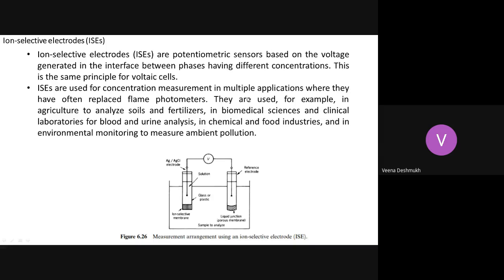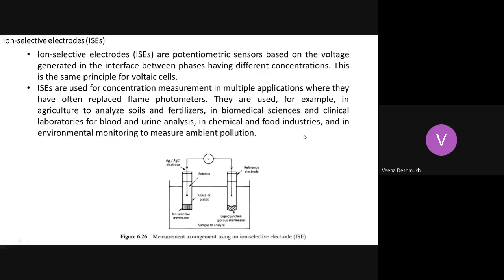Where all do you find applications? Just see chemical and food industries. Say, simply your jam making industry or sauce making industry, where preservatives are added. What is the chemical level? Or even to check, say, simple tomato puree, what is the acid level in that? These are checked with the help of the sensors.